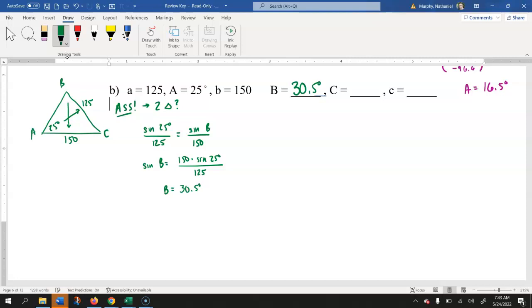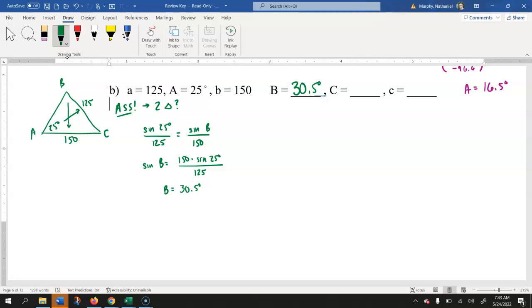So if I just went through that too quickly, again, you take 150 times sine of 25, and then divide by 125, you're going to get a decimal. Take the inverse sine of that, and you get 30.5 degrees as your angle for angle B. Now, here's how we figure out, at this point we stop, because it's an angle side-side situation,